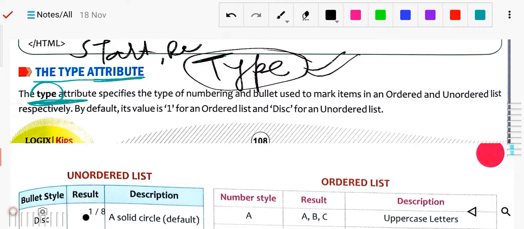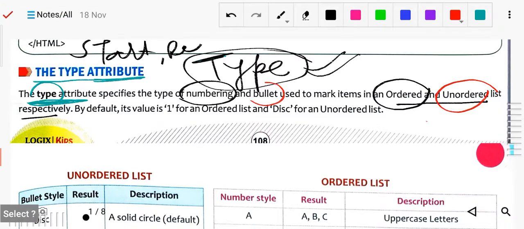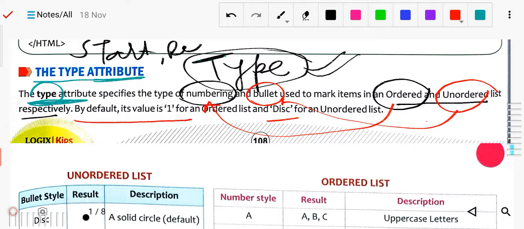Here you can see ordered list and unordered list respectively. If nothing is defined for an ordered list, it will start with numbering. If it is an unordered list, it will be the bulleted one, as we have already studied. If it is not defined, it will be taken as bulleted. If it is not defined for the ordered list, it will take the number; by default its value will be 1. This one is the bulleted, and this is the ordered one, 1 2 3 4, that we are taking. Now we will use the type attribute and see what will happen.